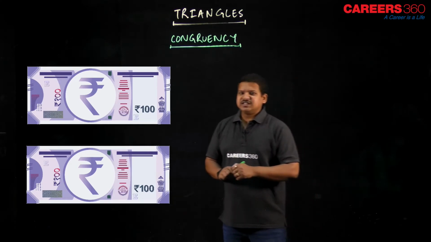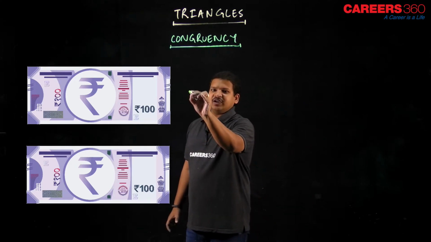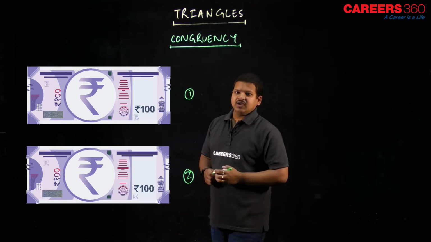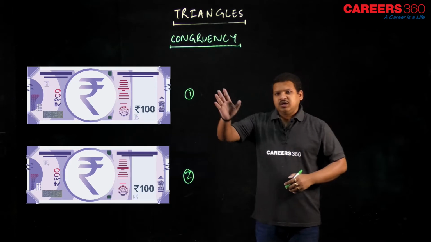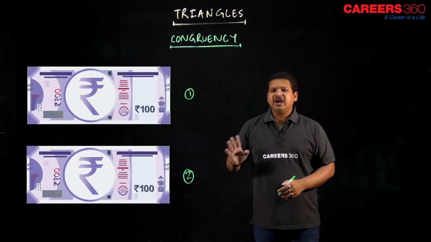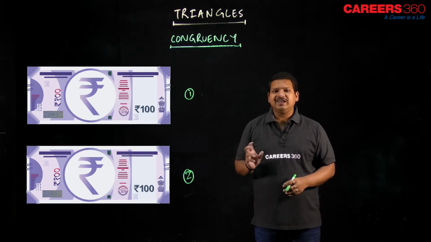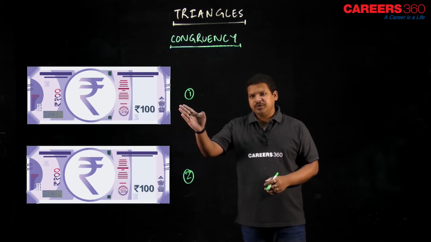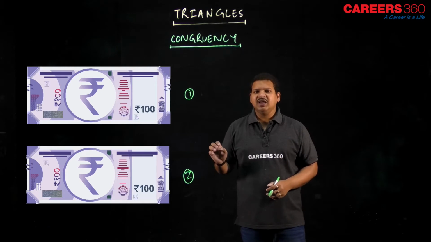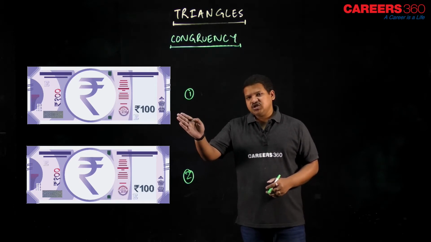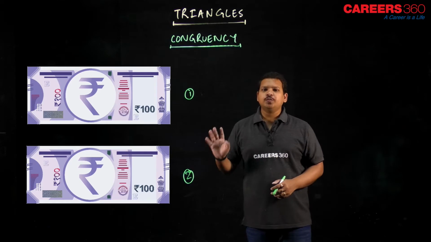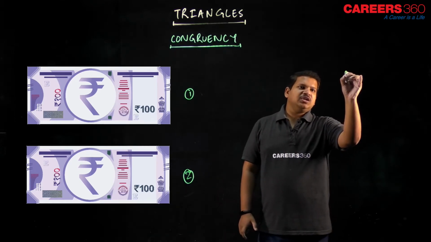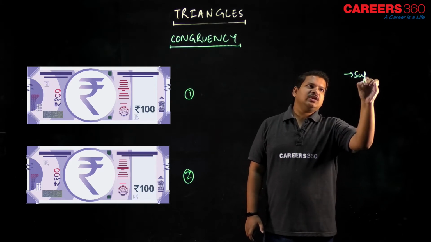Now as you can see, let's name these pictures. This is my first picture and this is my second picture, right? If I talk about picture 1 and picture 2, can you find any difference in shape? This is a pure rectangle, this is also a pure rectangle, and picture 1 can clearly superimpose picture number 2, right? So here is one term that comes, known as